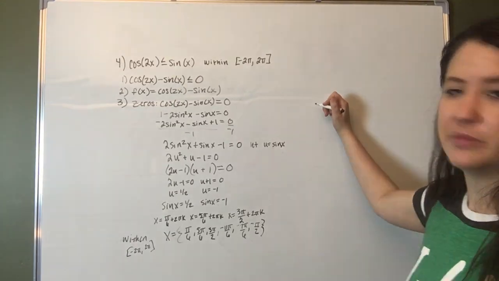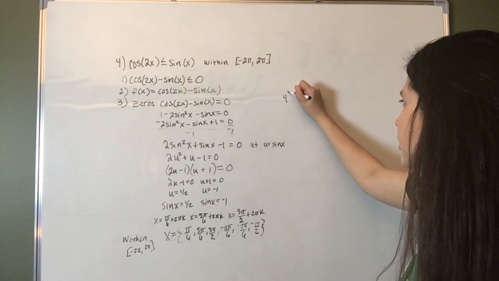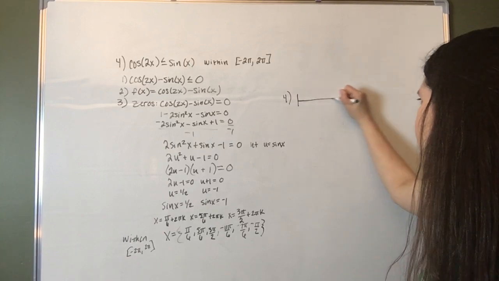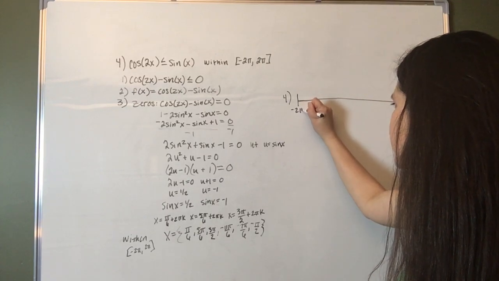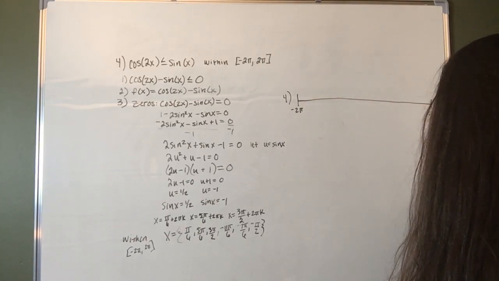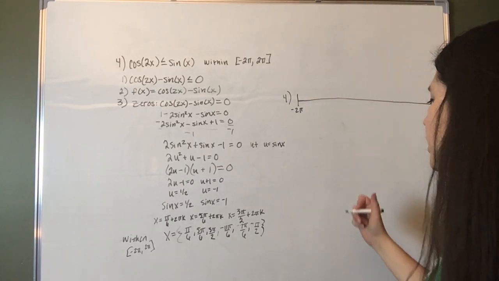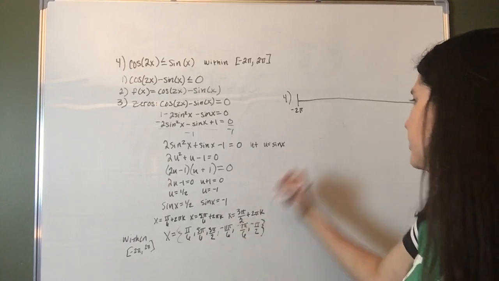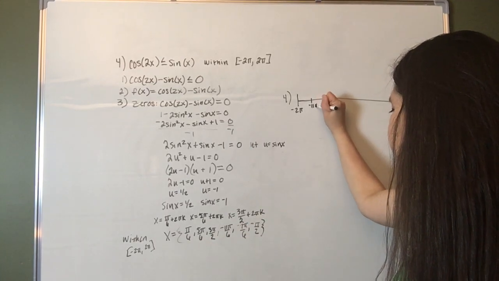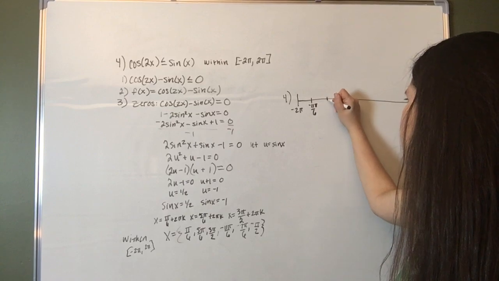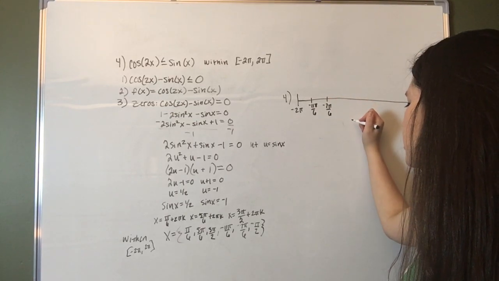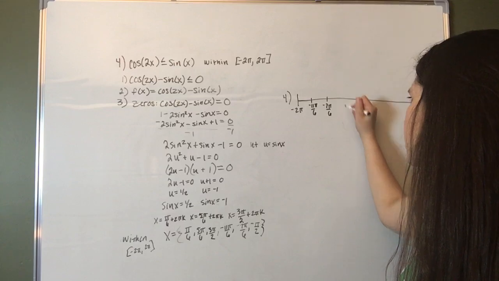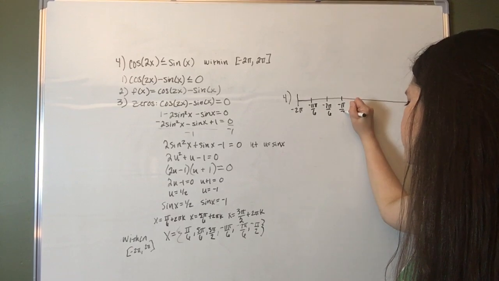Moving on to step 4. I'm going to write it over here. We need to make this number line to create a sign chart. Its endpoints are -2 pi and +2 pi. And then we need to put these numbers in order. So we have -11 pi over 6, -7 pi over 6, -pi over 2,